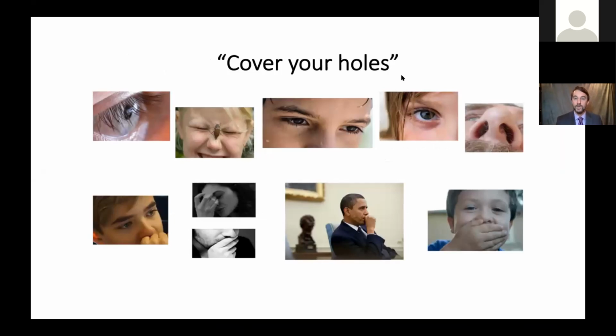And this is a team-based approach in every hospital I work in. Everyone in the team has to understand you need to cover your holes. The holes are your eyes, your nose, and your mouth. And we have to protect the face. If people understand that, then they'll understand why we're putting so much emphasis on the engineering controls, the administrative controls, but more importantly on the personal protective equipment, because if we don't cover our holes, we open ourselves up to higher risk of getting infected.